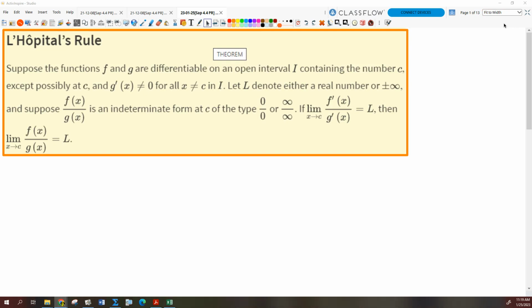Anybody speak French? A little bit? You know what that means in French? Yeah, it's the hospital, but it's actually a person's name. Guillaume L'Hopital was a good French mathematician. What's that? I don't know. Parents had a sense of humor, I guess. I don't know. So,